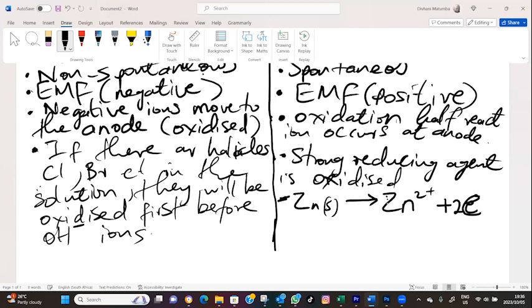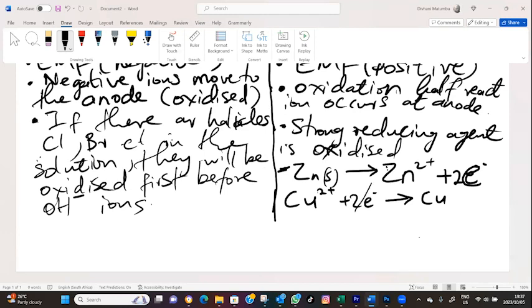What you will notice is that zinc has a greater tendency of losing electrons as compared to copper. Those are two half reactions. Now your net reaction will be